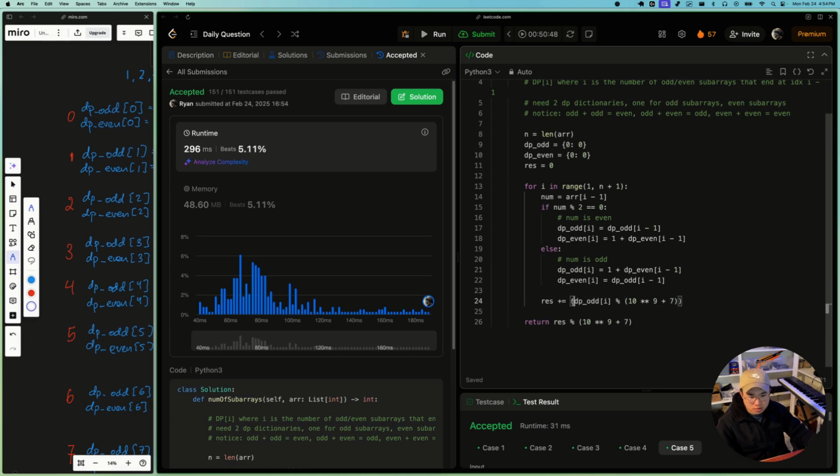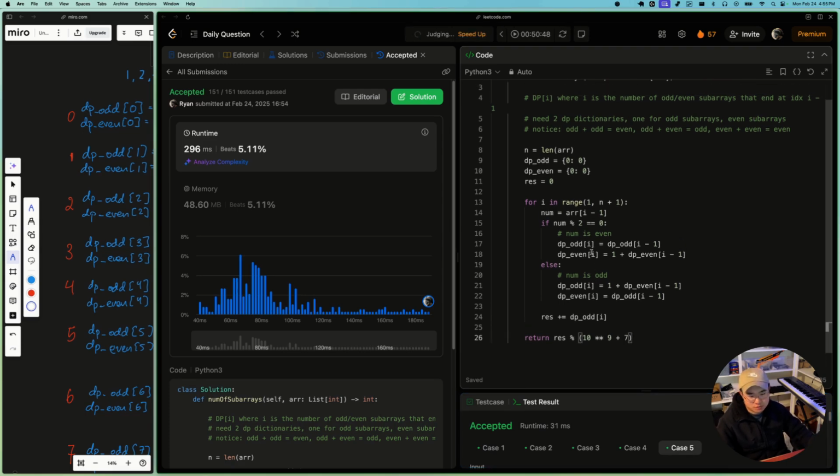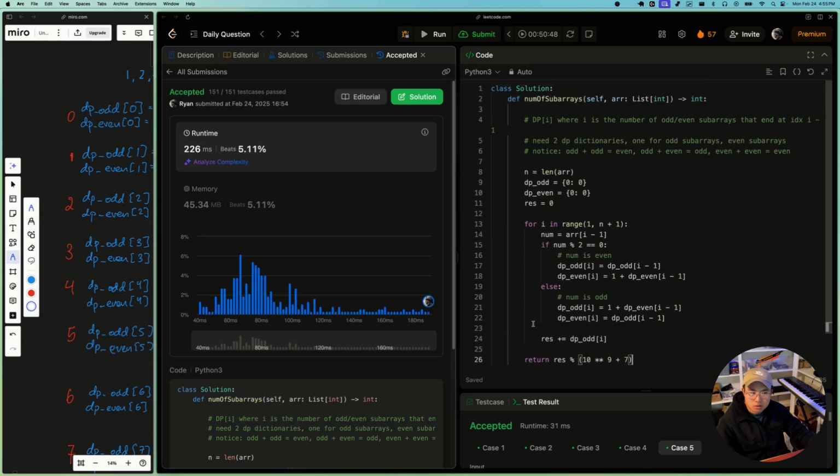What are we doing here? We just do, so let's run that. And then I think if the other one wasn't efficient, I don't think this would be efficient either. Yeah. Anyways,